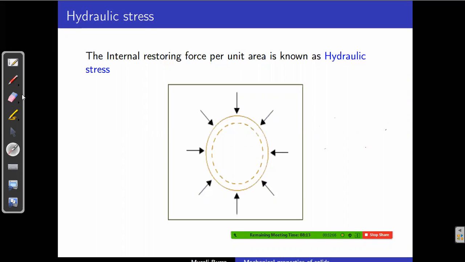Now, stress is nothing but, in simple terms, roughly, force. Okay. Now, if we go with the next topic,